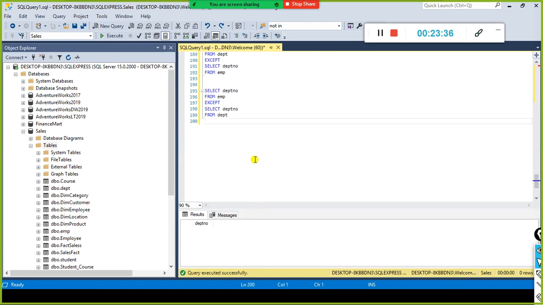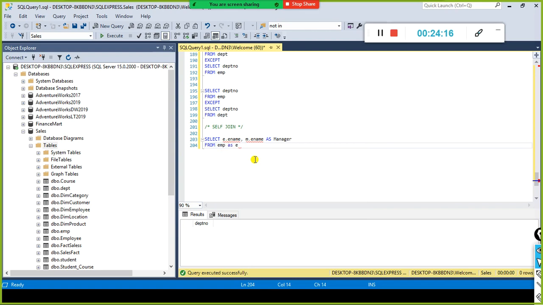Next one is the self join. Joining the table to itself is called a self join. So what is self join? That's what I told you: self join is joining the table to itself. For example, in this case, what I'm going to do is select e.ename, comma, I'm going to use the same table as m.ename as manager, something like that, and then from